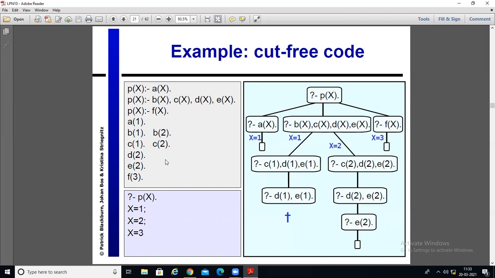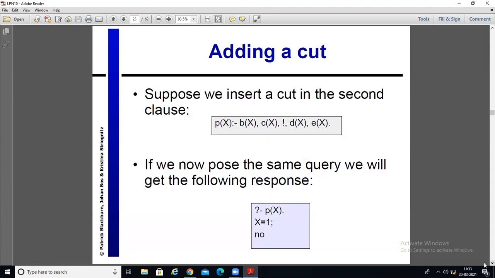Suppose you want that as soon as the first answer is given, it should cut, it should not go ahead. Then the cut operator can be used. So how are we going to use it? And again there will be no for the conditions which are not satisfied; it will be returning no for this particular situation. Okay, moving ahead. Suppose we are inserting cut over here, then how is it going to work?